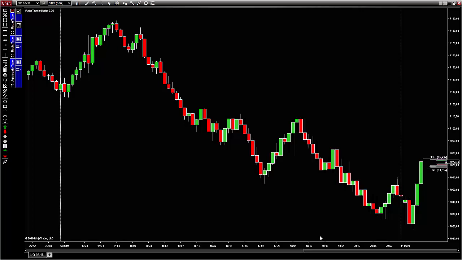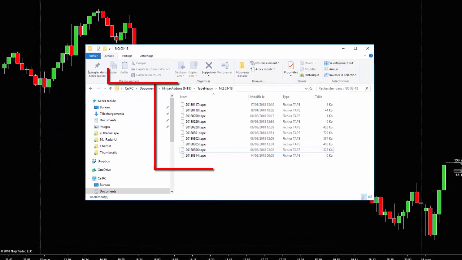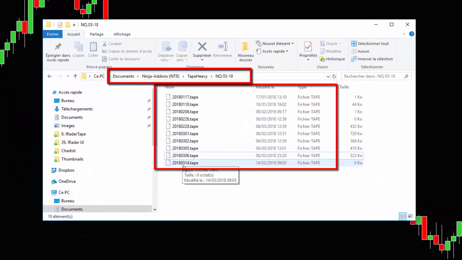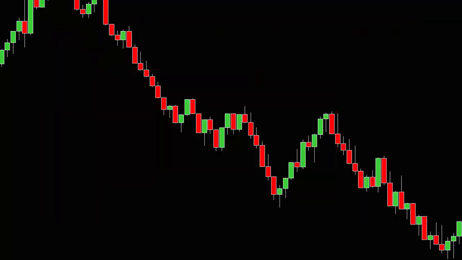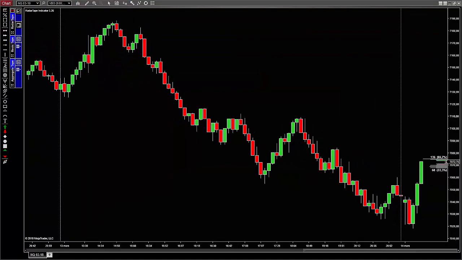So what you'll need to do is let the indicator run for a few hours to actually see something, especially the aggregate levels. In order to not lose this information and be able to display it again when you reload the chart, the radar tape records the levels on your hard drive. But still, you need to let the indicator run for a few hours to record these levels, which means that if you trade several instruments, you need to have one chart per instrument with the radar tape open,